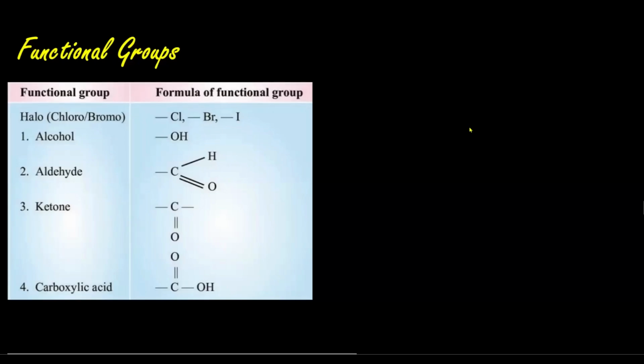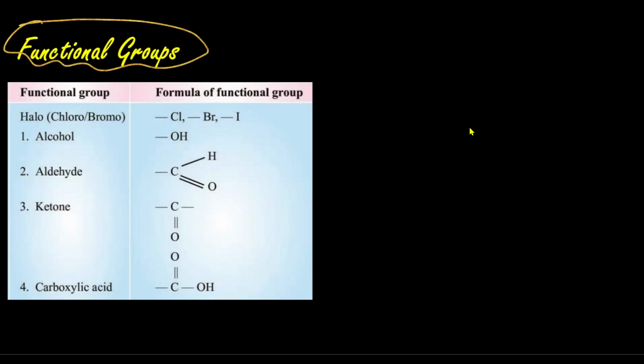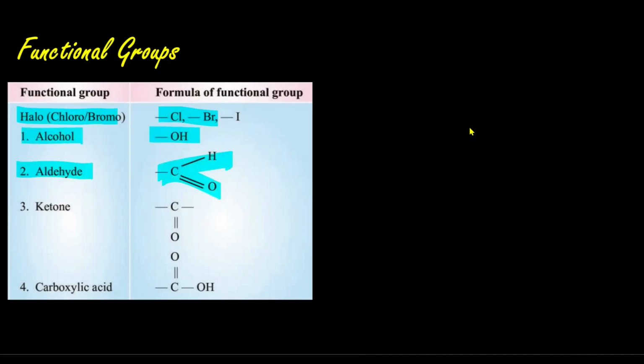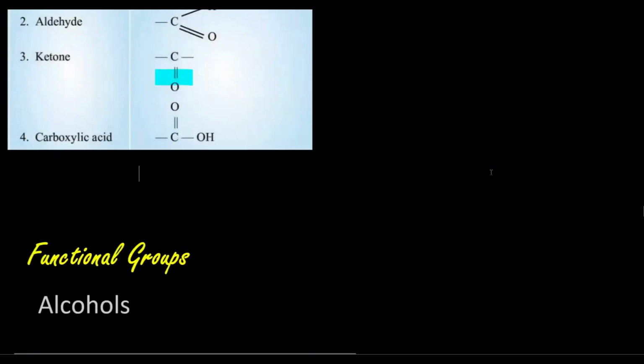In this video, we are going to understand what is a functional group. The functional groups that we'll be studying in this video, or in class 10, are the heteroatoms like chlorine and bromine only, alcohol, aldehyde, ketone, and carboxylic acid. Now, before we understand the definition and what is a functional group and their characteristics, let's begin with